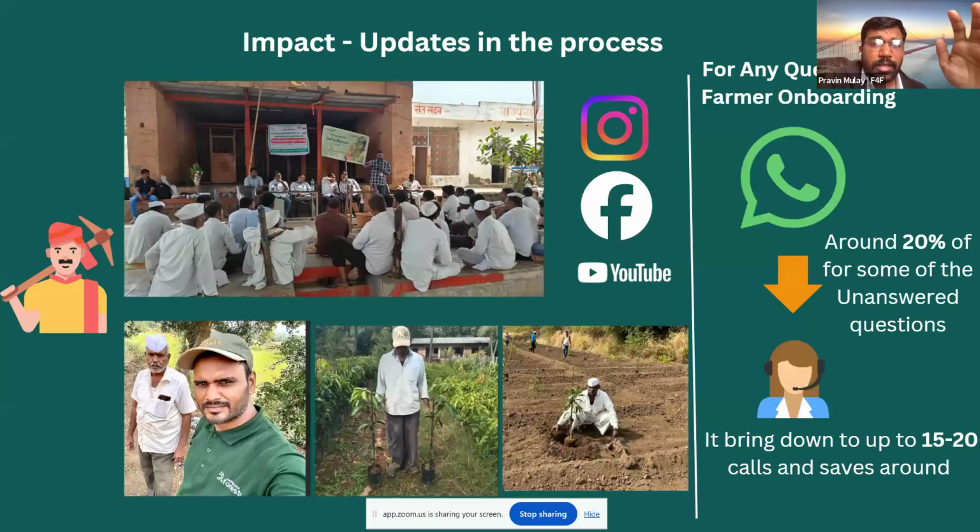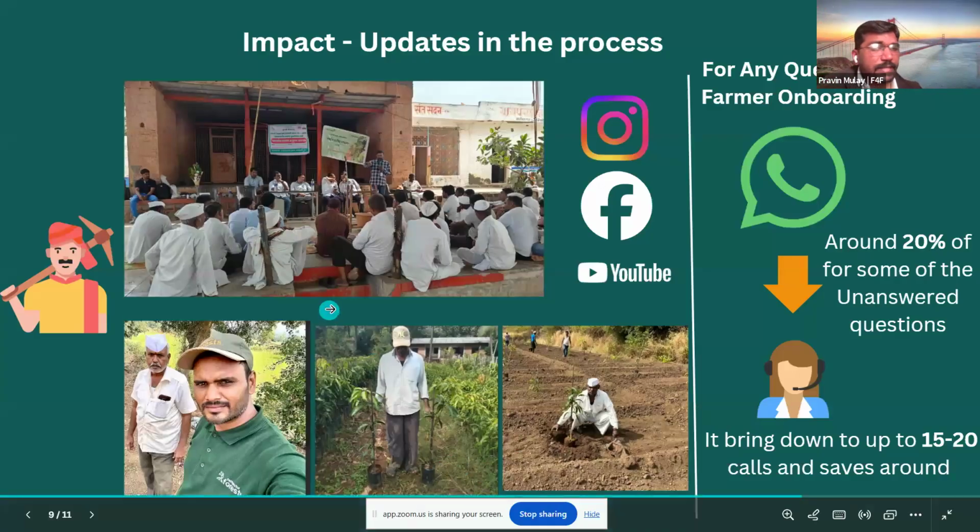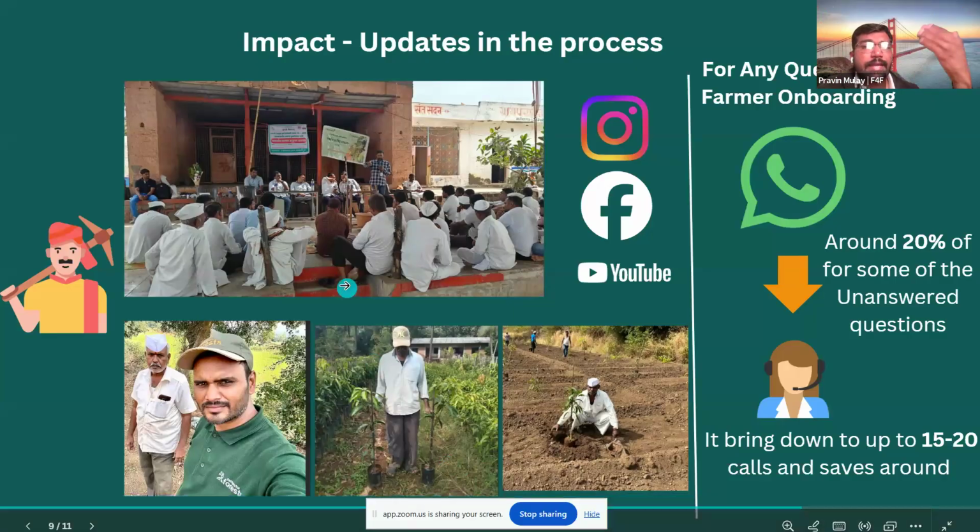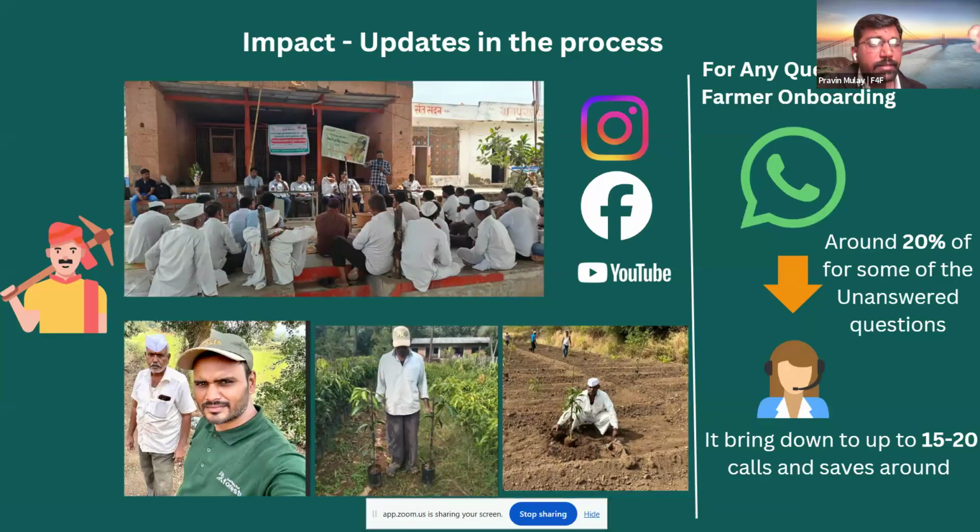In terms of the program or the process, the processes are exactly similar, but one thing is added: for any questions in terms of onboarding or anything related to the program, the farmer generally starts by questioning the chatbot, and if there are any unanswered questions, then and only then they call the call center. This helps to reduce the calls, because the call center's calls reduced to up to 15-20 calls